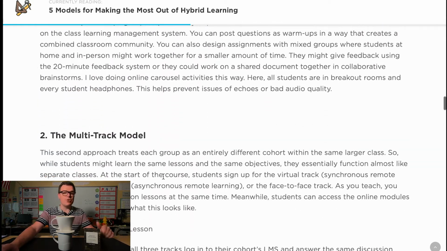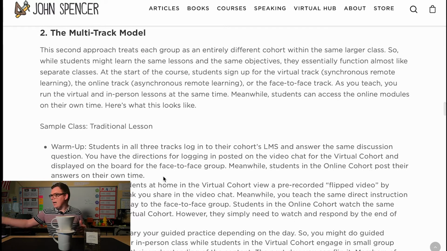Second is the multi-track model, which basically treats the 2 different groups as completely different, right? And you have kind of a plan for your in-person students and a plan for your at-home students. And then you kind of teach them separately. So I think he gives, as an example for this one, university students. Or maybe that's a different one, but it doesn't matter. The point just being that these operate as 2 completely separate things,